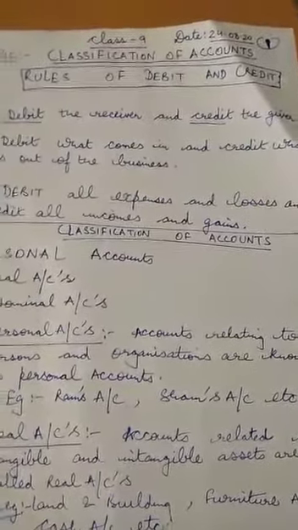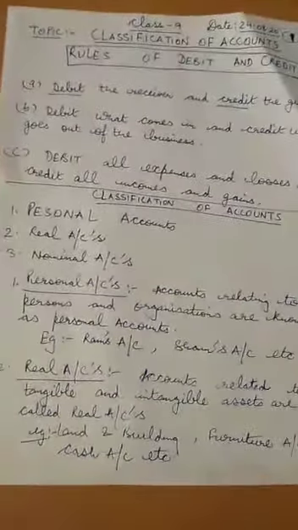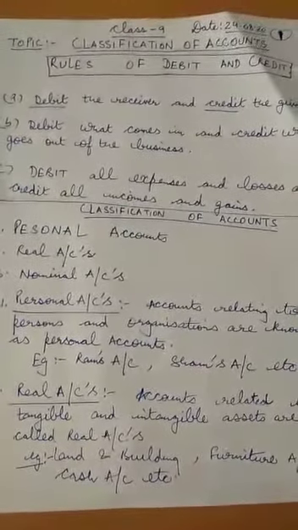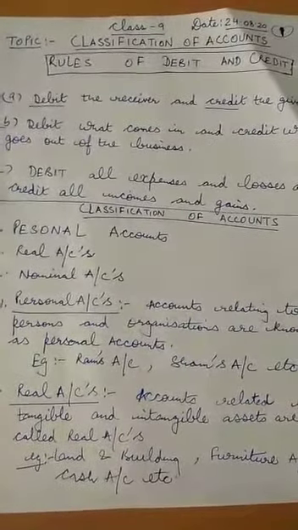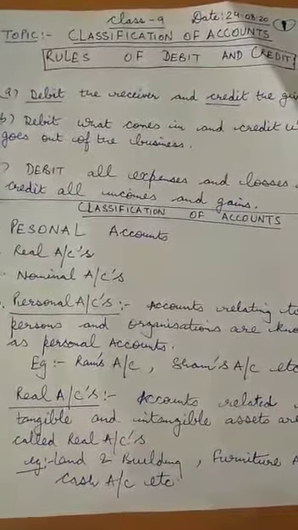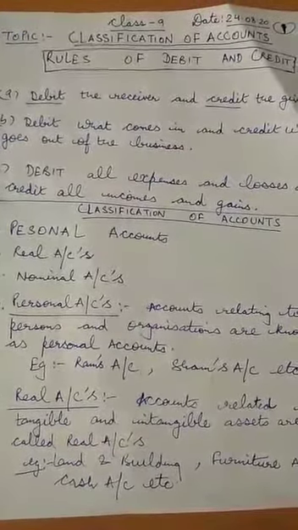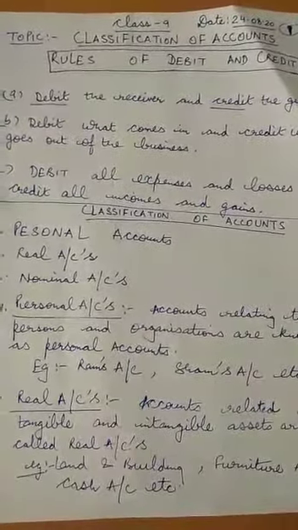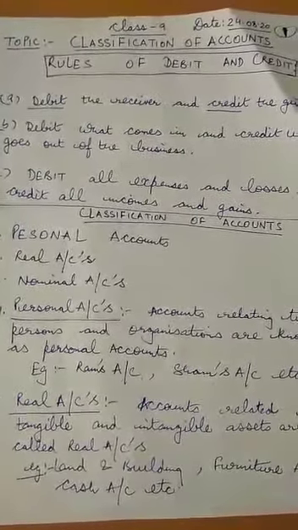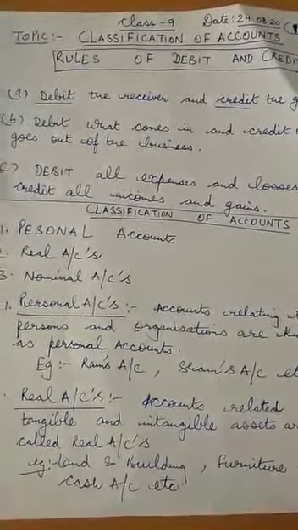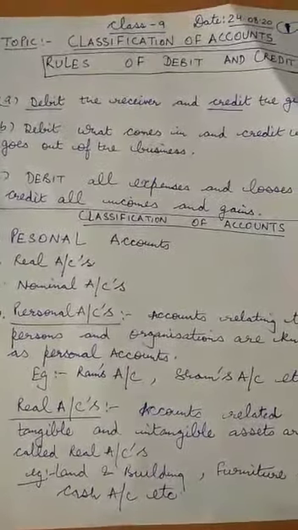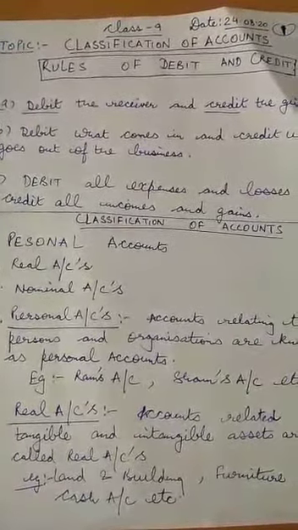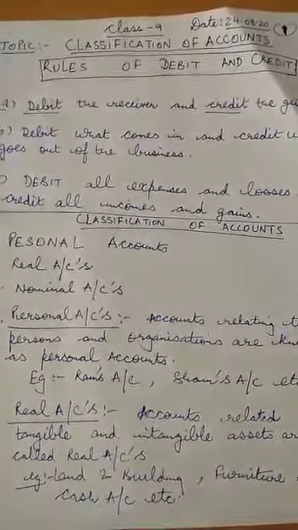Let us understand it with the help of a small example. When we say, children, Ram pays 1000 rupees to Mohan. In this case, children, Ram is the giver and Mohan is the receiver. So now coming again to the rule of debit the receiver and credit the giver. Mohan is the receiver in this entry, so we will debit his account as the rule says, debit the receiver, and we will credit Ram's account because in this case Ram is the giver, so his account will be credited.